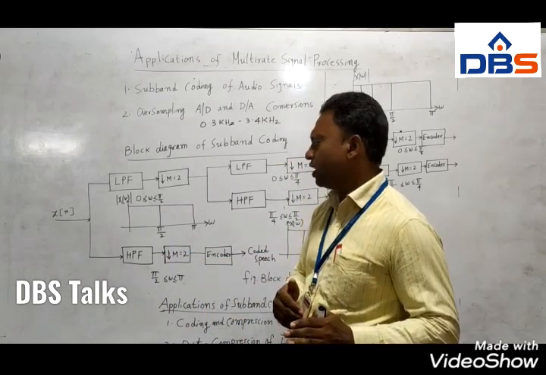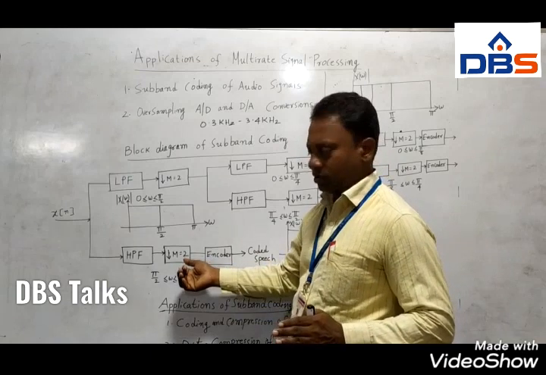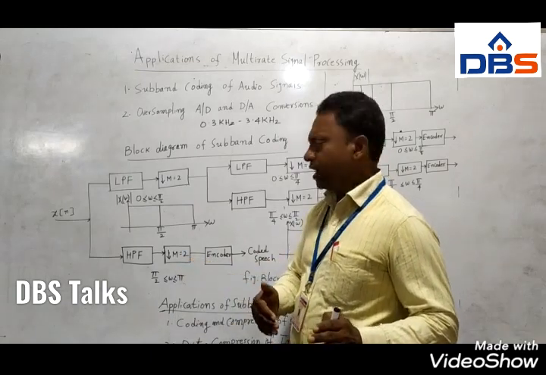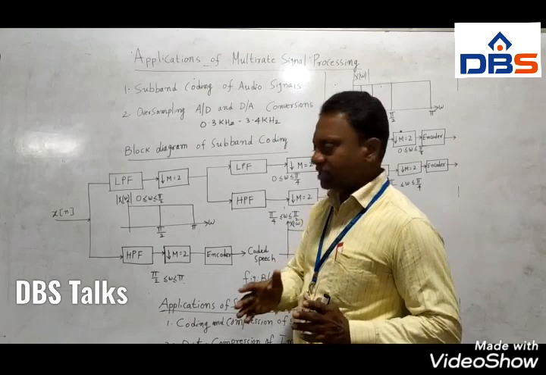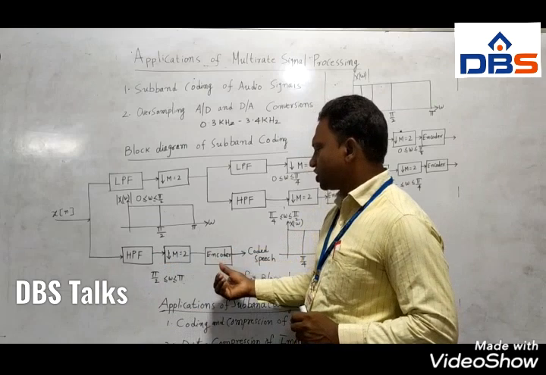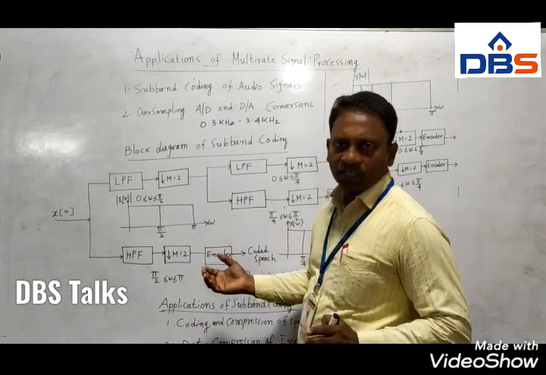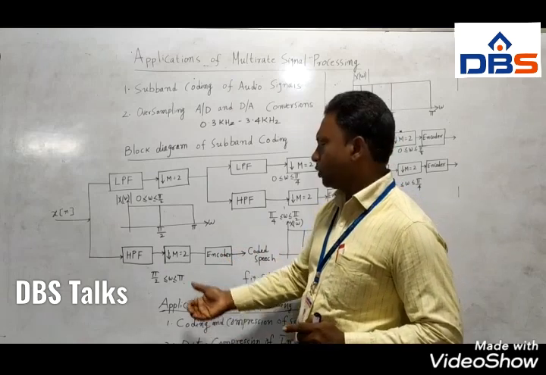Suppose in the input we have 10 samples. Out of the 10 samples, m minus 1 are discarded, here m is 2, so 2 minus 1, that is 1 sample is discarded from the input sequence. After that, every sample is coded. So this encoder is there. The job of the encoder is that it will encode the data. Suppose you have a sample